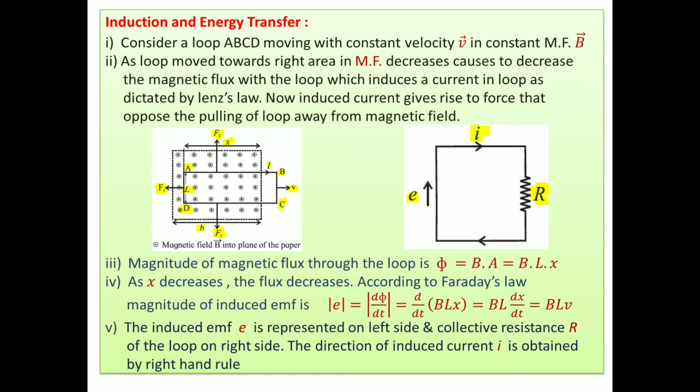Means look here, the middle finger indicates the direction of magnetic field. In this figure, magnetic field is inward. Then all three fingers, forefinger, middle finger and thumb, are kept mutually perpendicular to each other. Then the middle finger points the magnetic field, the forefinger denotes the direction of current, and the thumb denotes the direction of force. This is the right hand rule. Okay.